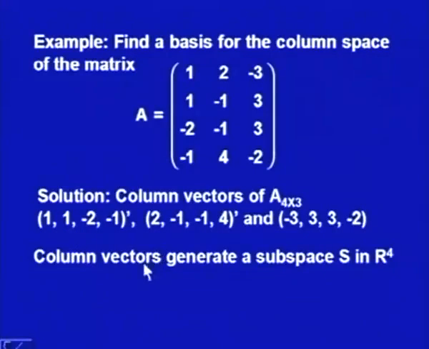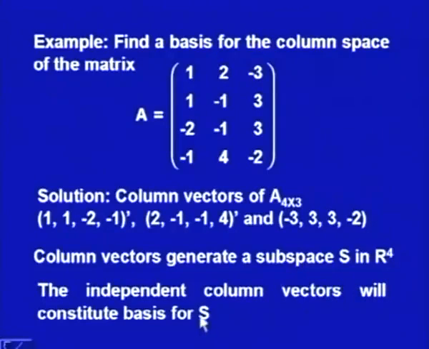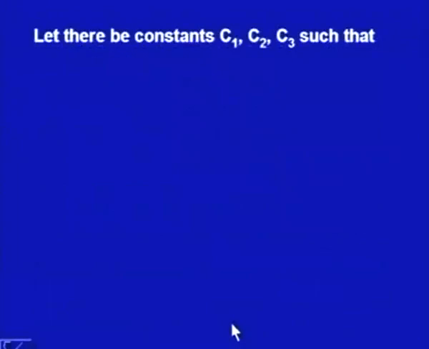Now, we have to find out its basis. So, we say the column vectors generate a subspace S in R4, since M is 4. So, what we have to do is find the independent column vectors that will constitute a basis for S. For this purpose, let us assume 3 constants C1, C2, C3 such that